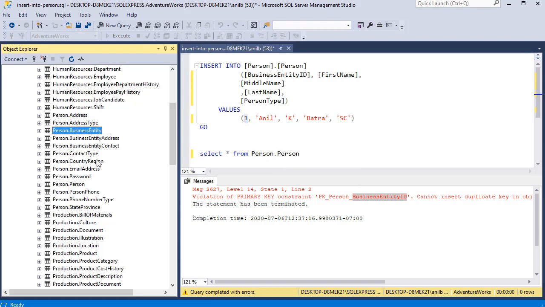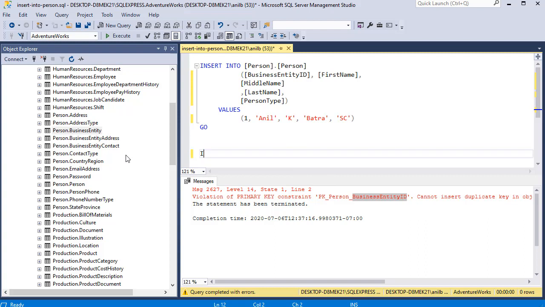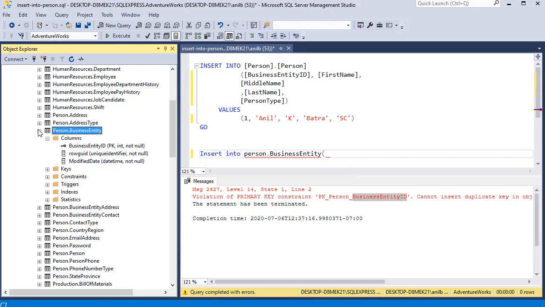Maybe what we need to do here, because we know the business entity ID is contained in this table, is first add a new business entity ID in this table and then use that value here. So in order to do that, I'm going to do insert into person.business entity,